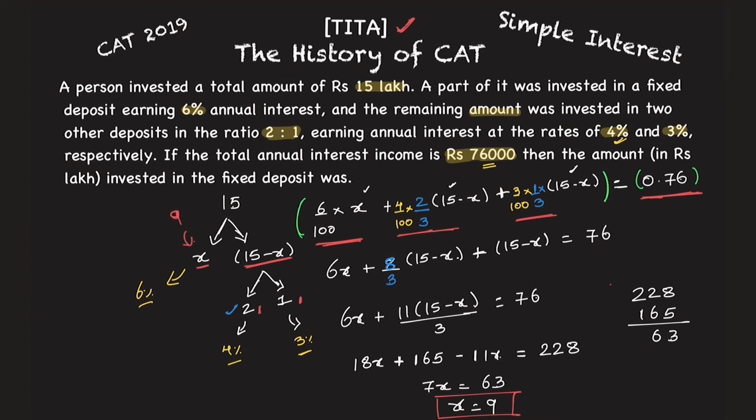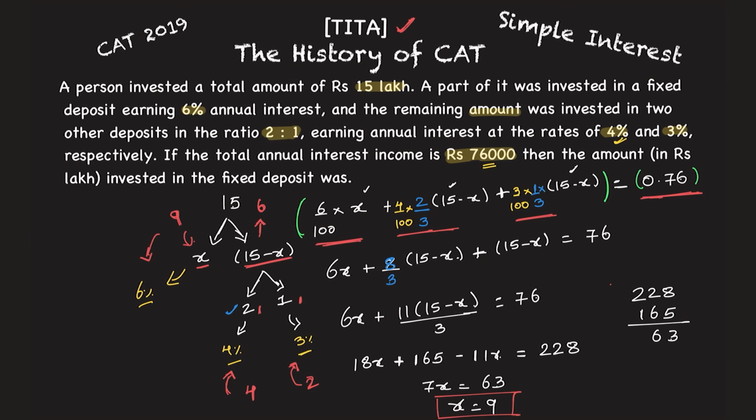9 lakhs, and you divide it into what? 9 lakhs. This will be what then? 6 lakhs. 9 lakhs you invest at 6%, and then 6 lakhs you divide into 3 parts, which is 2 lakhs, and then 2 parts of it you take here as 4 lakh and you keep it here as 2 lakh. 4 lakh goes at 4%, and 2 lakh goes at 3%, and 9 lakh you get 6%, such that when you add the total you get 0.76 lakh, which is nothing but 76,000.